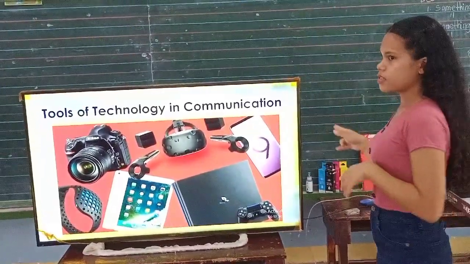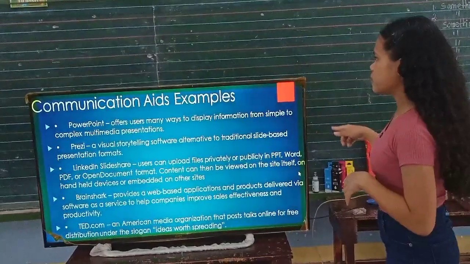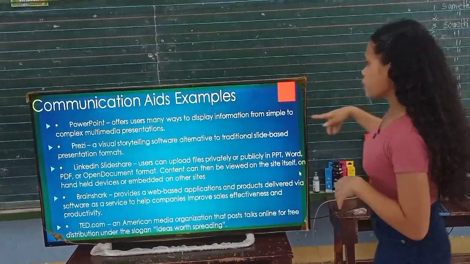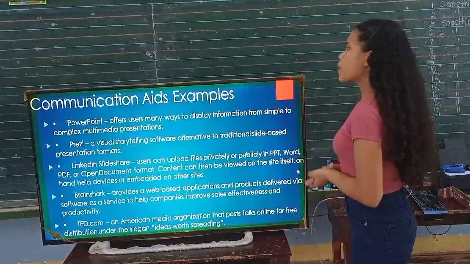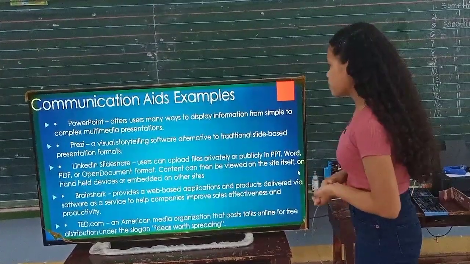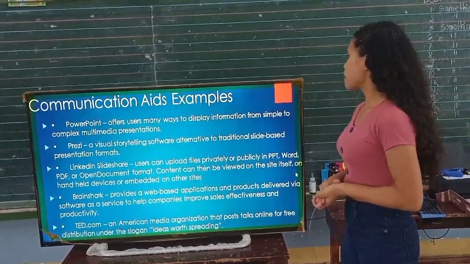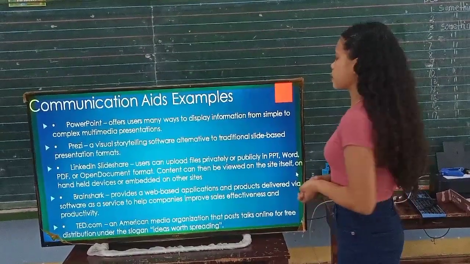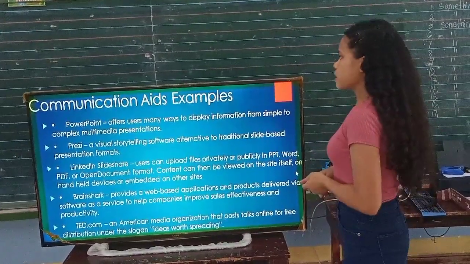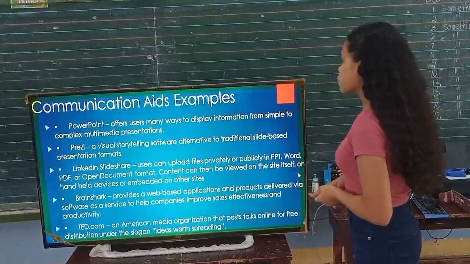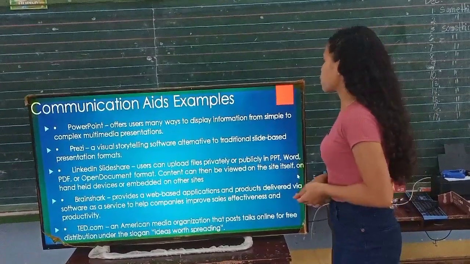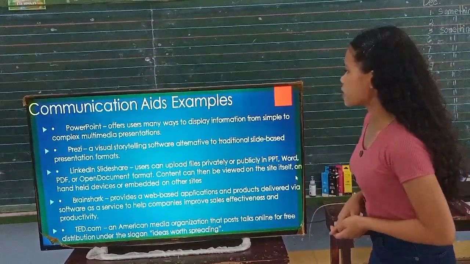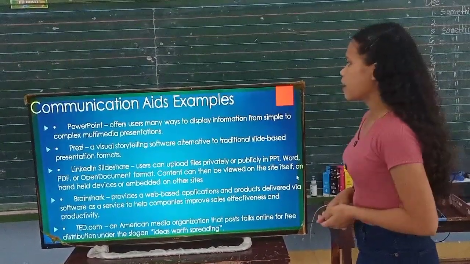So the next are the communication aids examples. First is PowerPoint. PowerPoint offers users many ways to display information, from simple to complex multimedia presentations. Second, Prezi, a visual storytelling software alternative to traditional slide-based presentation formats. Third, LinkedIn